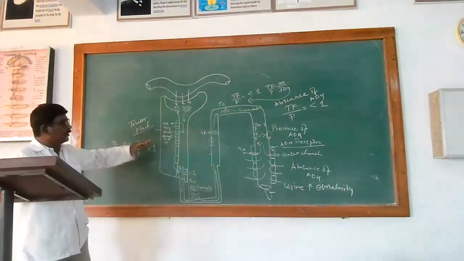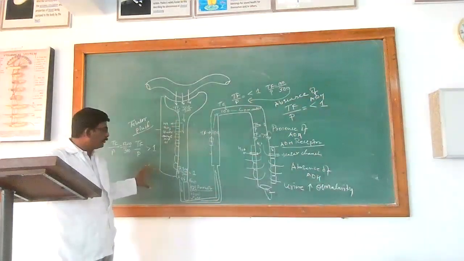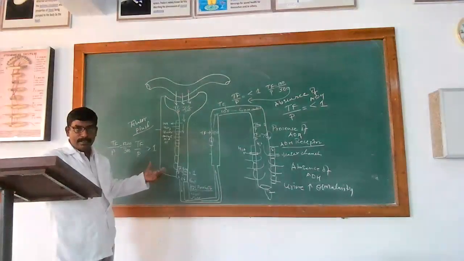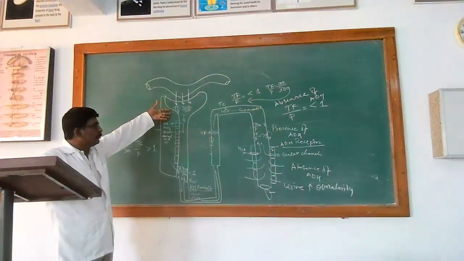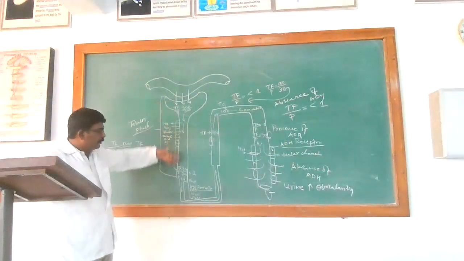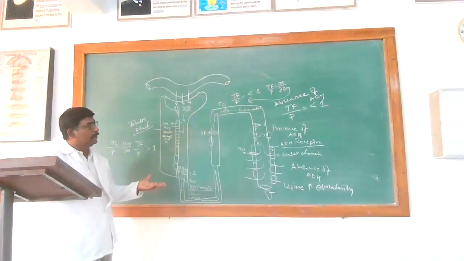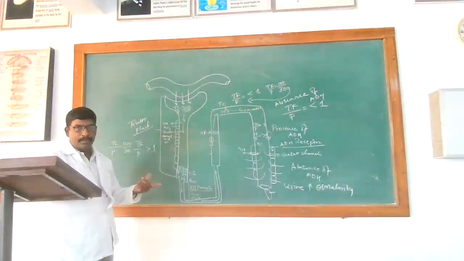This mechanism is not given in the book, so I have a reference from the ground. If you want to see this mechanism, you will find it in some medicine books or pathology books. Here, by this equation, you can find out the concentration of tubular fluid and plasma osmolarity, whether it is less than 1 or more than 1 in the presence and in the absence of ADH.